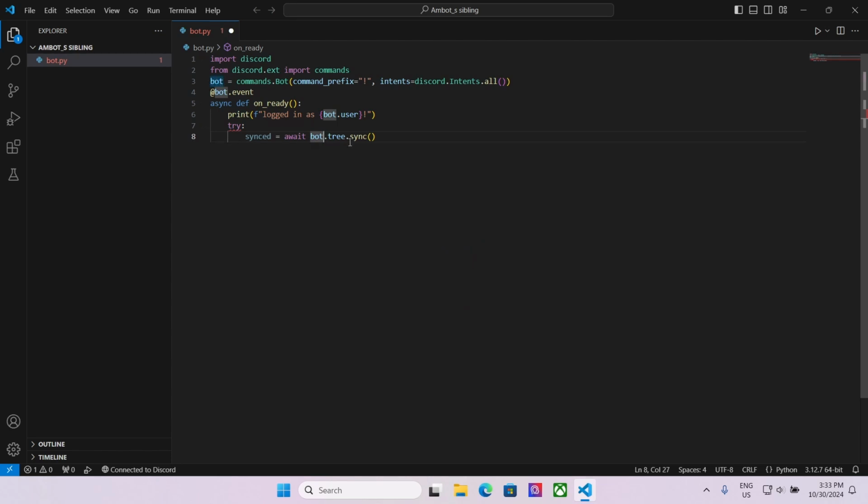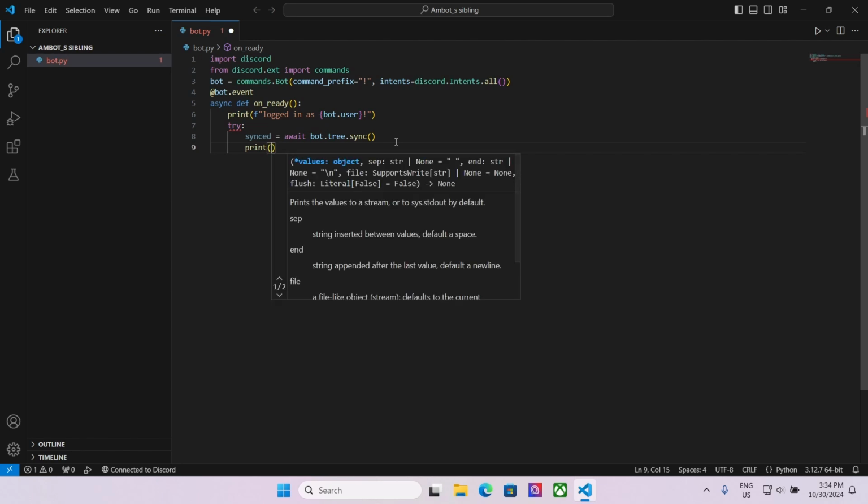You can define it as anything you want. It's gonna sync all the commands, and it's gonna print